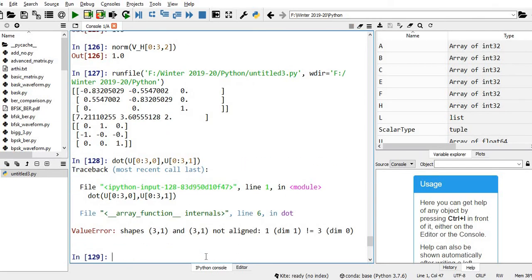It has to give error. Yeah, obviously it is giving error. It is not obeying the matrix multiplication. So I need to transpose the first one.